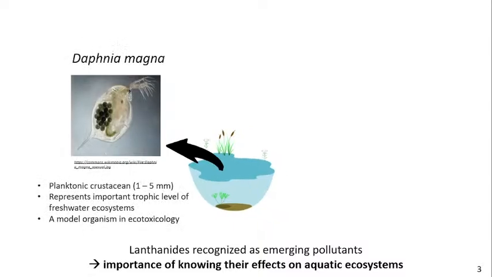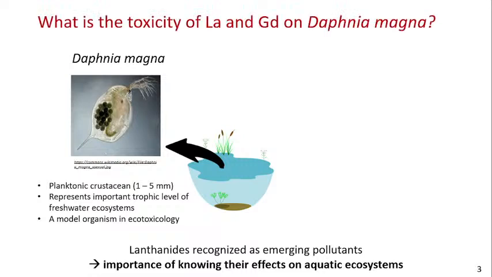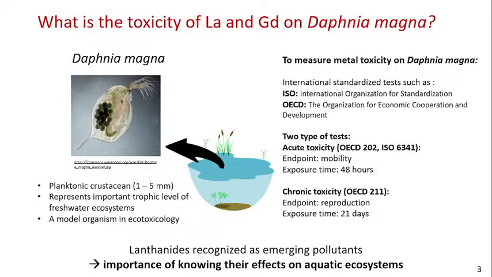So to measure the toxicity, as you saw yesterday if you are not in this field, we use some model organisms. So for example, the Daphnia, this small crustacean that you saw yesterday, which is very important in the ecosystem because it represents a very important trophic level for freshwater ecosystems. So to measure the toxicity of lanthanum and gadolinium on this organism, we have different standardized tests that we used,